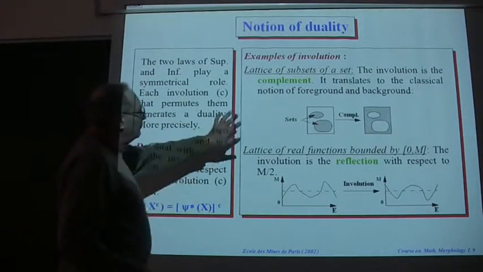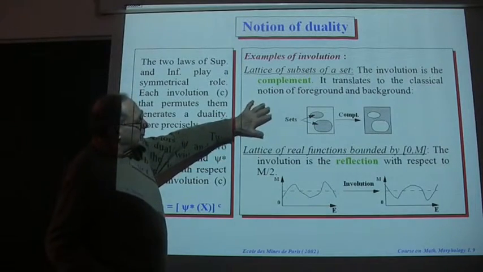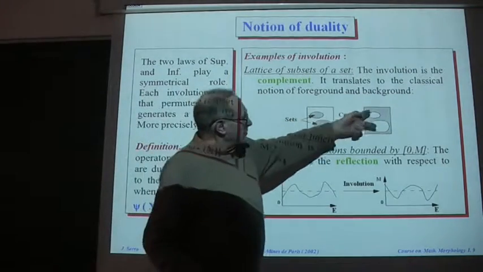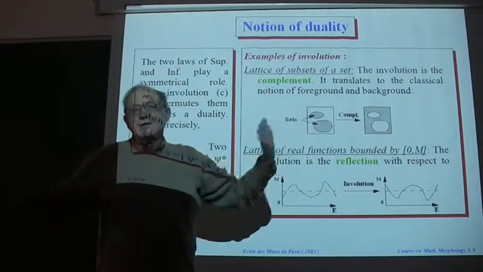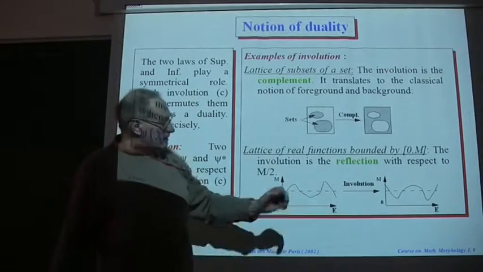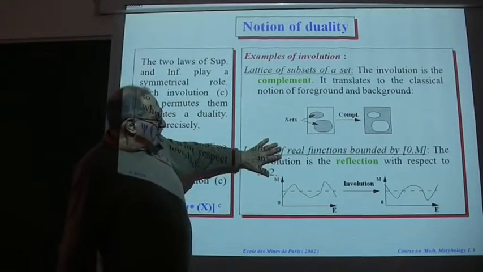So now the first aspect, the aspect of the complement. That is a set, that is a complement. A point of E belongs to the set when it doesn't belong to the complement and vice versa. When you work